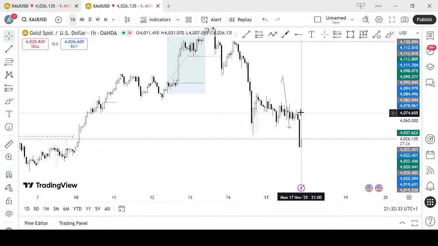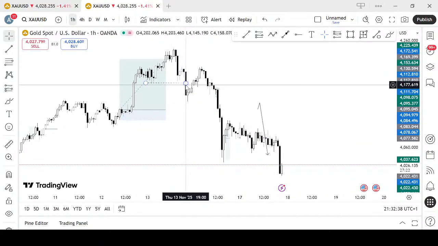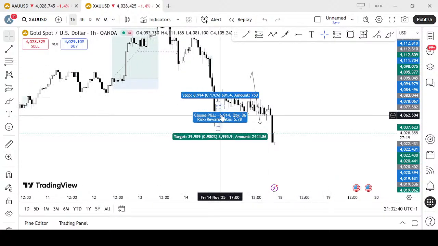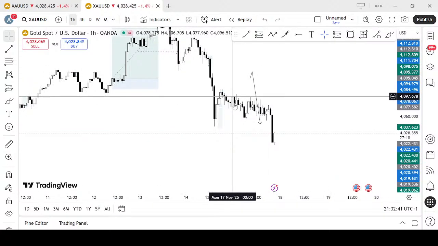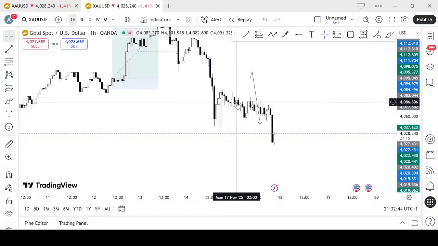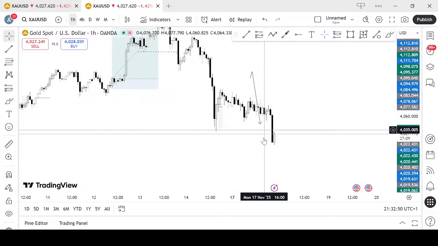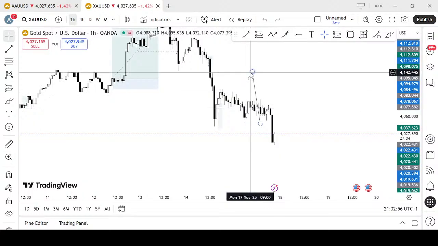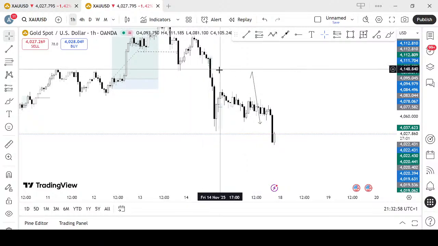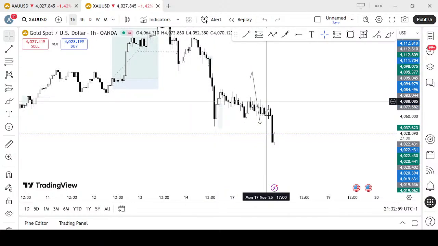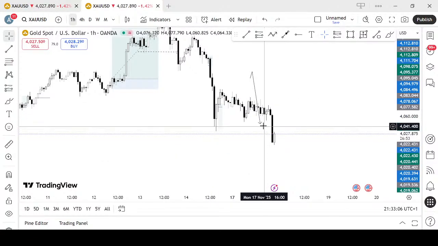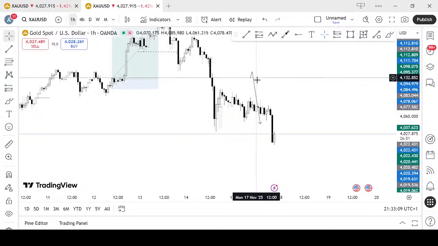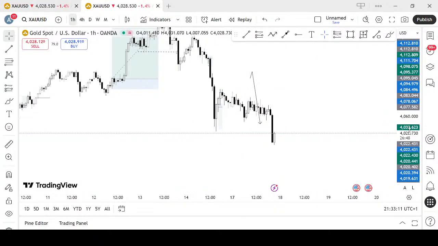On Gold today, as you all know, we've been bearish for a while now since this moment here. Today, this was where the price started in the morning, and I was anticipating the downward fall, but more of expecting it to come up to this level before breaking to the downside again. Price did fall, but not at the level I expected.